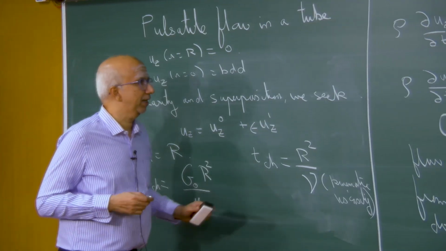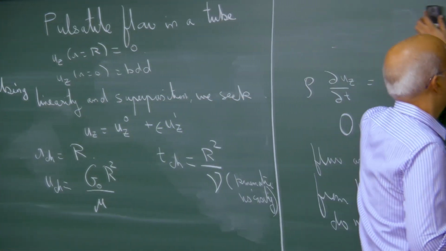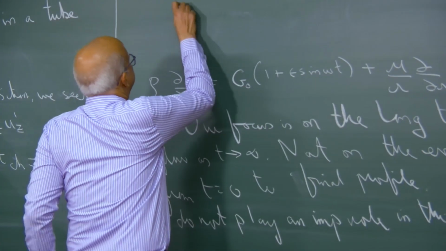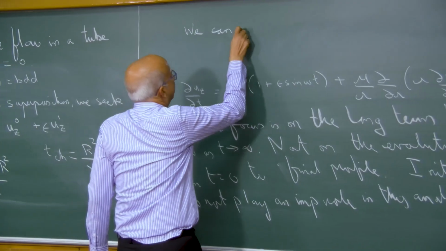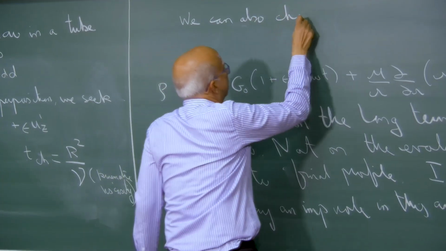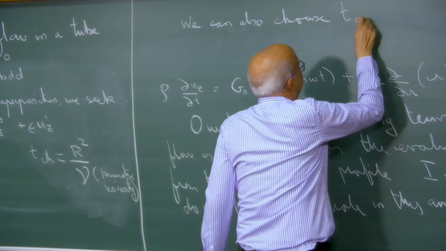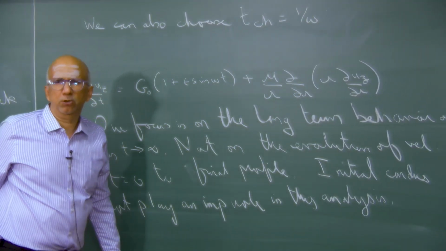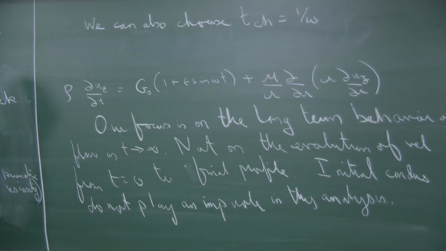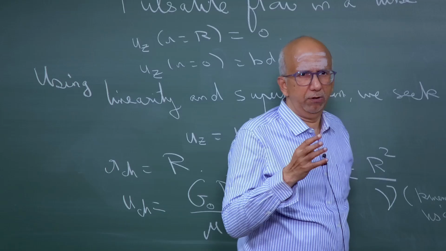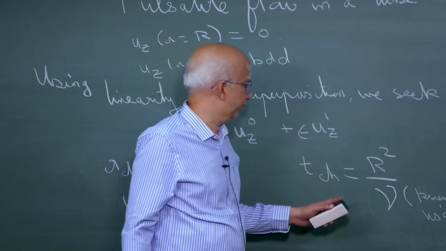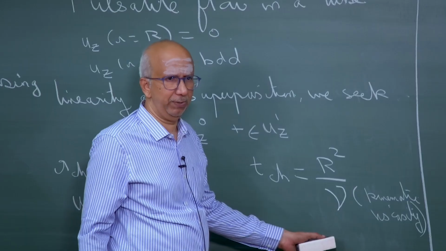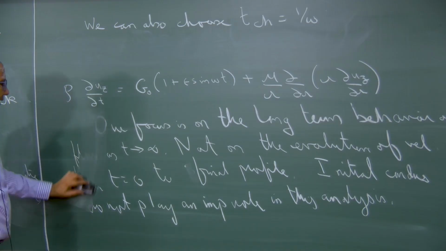So another way to make it dimensionless is to choose T characteristic also as 1 by omega. As we go along, you will see what are the advantages and disadvantages of choosing these two scales for T characteristic. Right now we will use this characteristic r squared by nu, and we will make our equation